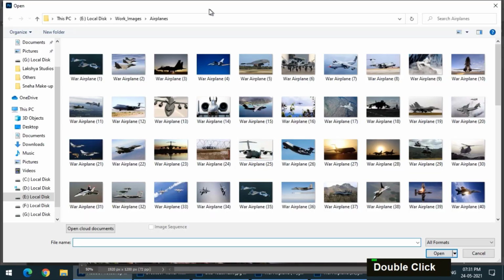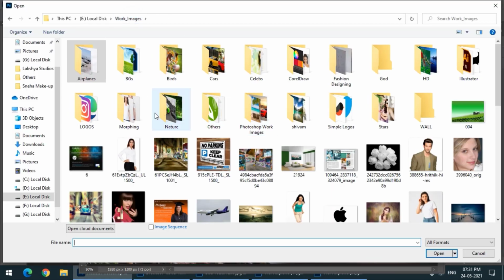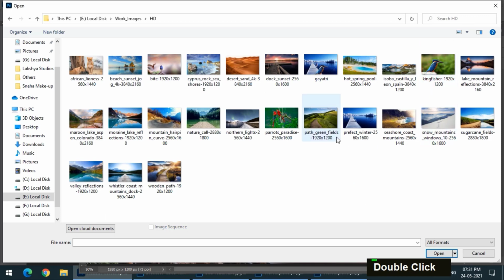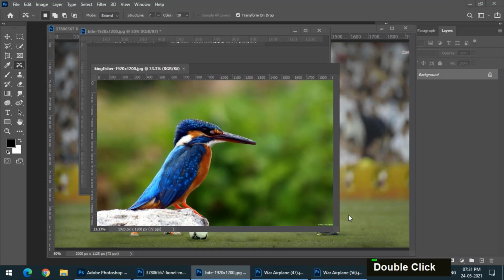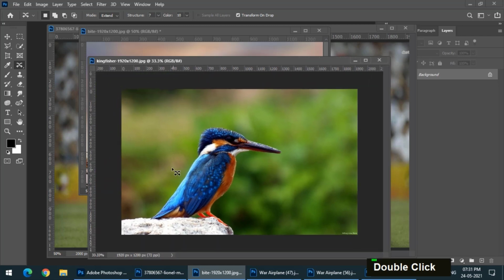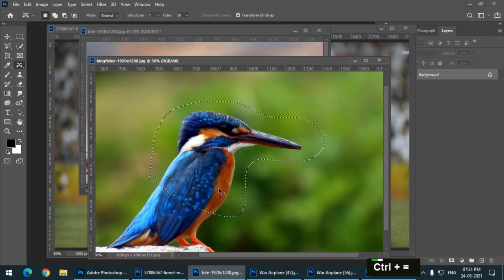We'll see one more example. Let's say I want to increase the height of this bird. So I'll select half the bird or more, just more than half, and again extend, zoom it a little bit.